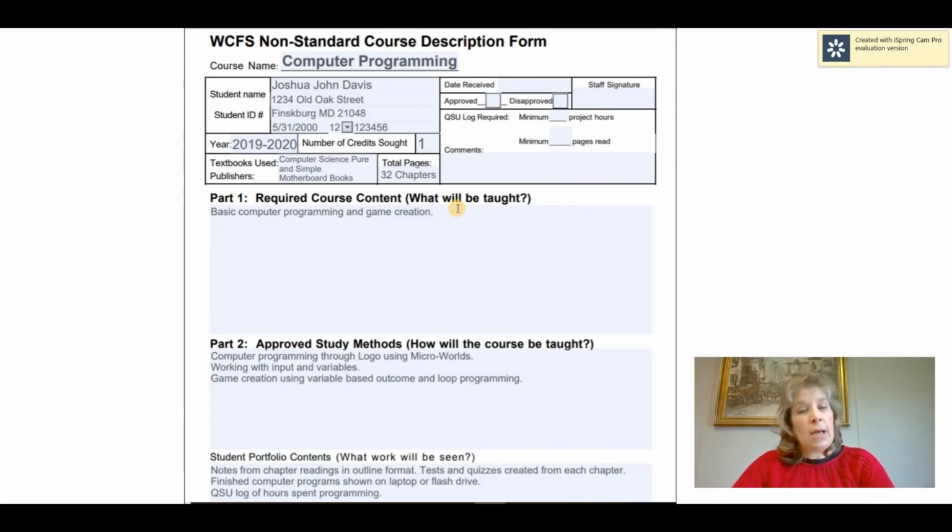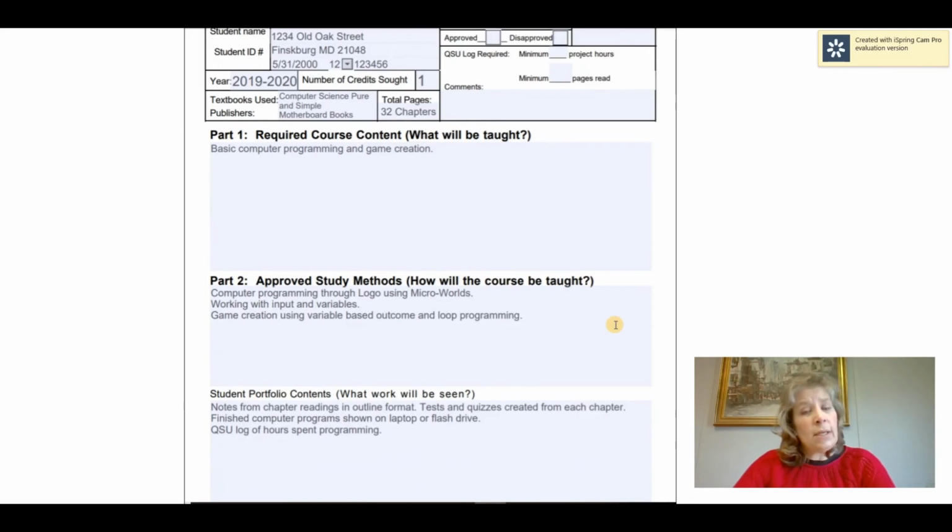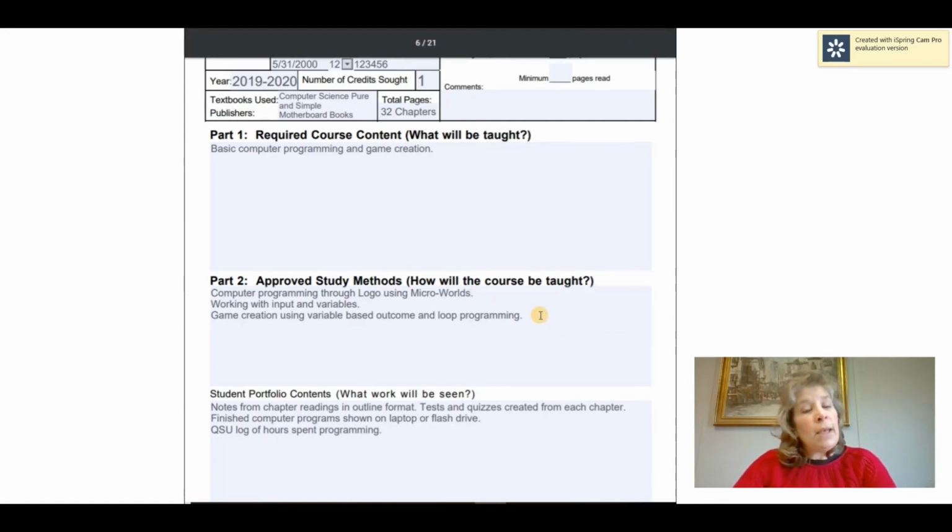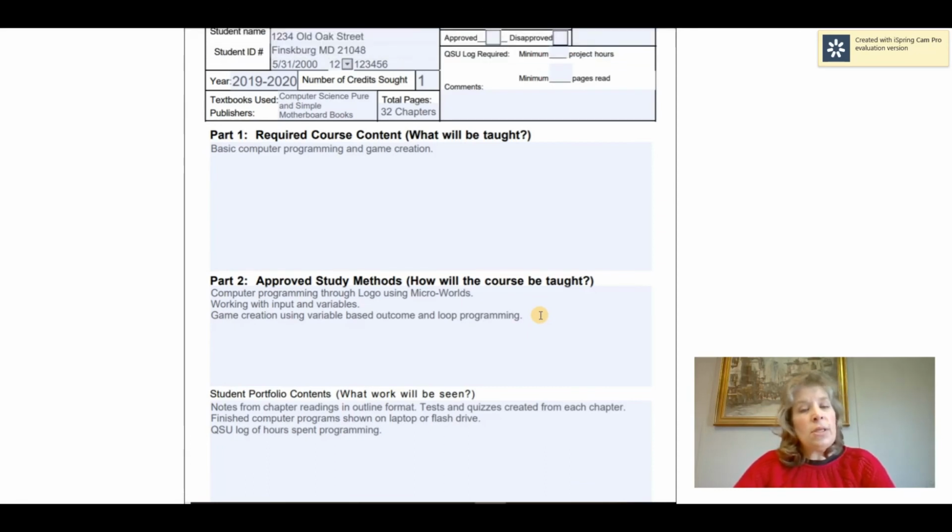What's the required course content? This is a basic computer programming and game creation course. What are the approved study methods? The student will be doing basic computer programming through Logo using microworlds. He will be working with input and variables, and he will be creating basic video games using variable-based outcomes and